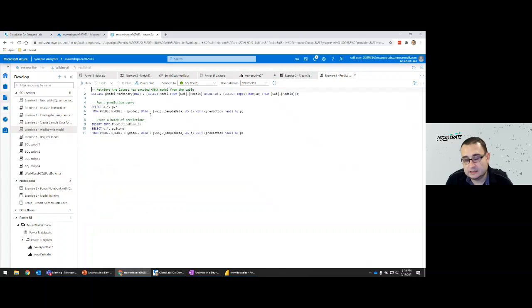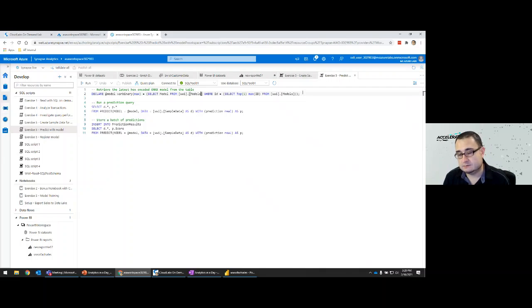Essentially, what the lab wanted to show you is that you can select a model that is stored as a binary or a hexadecimal format, or varbinary format, into a table. So the use case or the flow will be your data scientist creates a model that he or she stores in a table with the list of models.